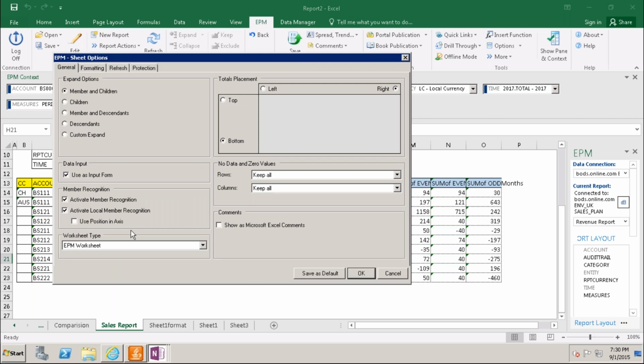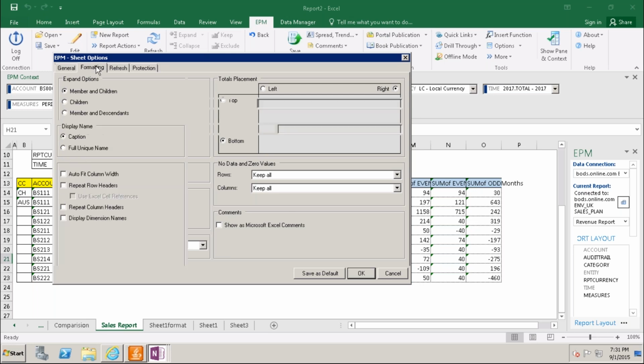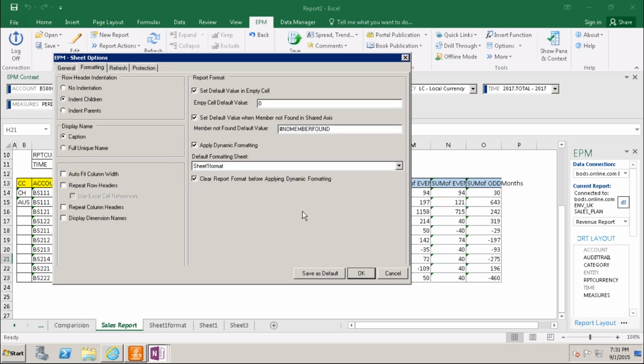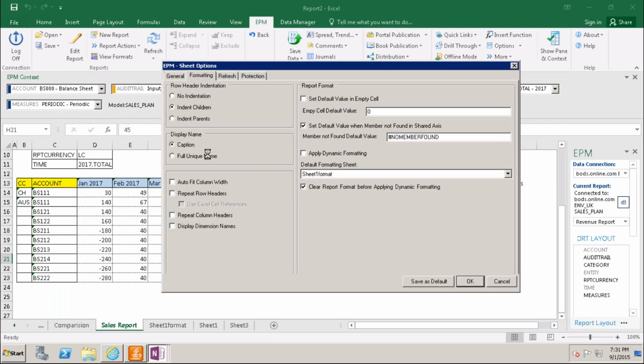General, worksheet show as Microsoft. No. And the next, the third one, is the formatting sheet. I'll check why it is not working for us here. Basically, the sheet options formatting and the same options in edit report, both should work properly, but it is not working for us. I will check this page and we'll come back to you.